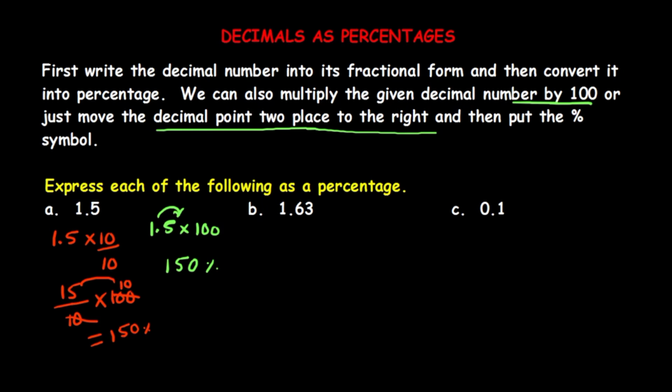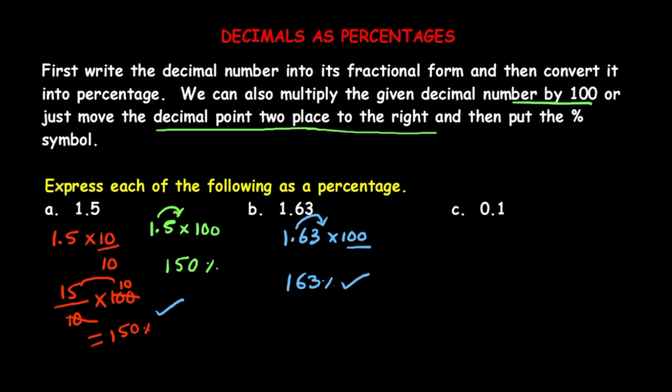Okay, so try to answer the next question in the same model, that is 1.63. Just 1.63 is the decimal to convert into percentage, multiply by 100. We have it 20. So take this decimal point after the 2 digit, that means 163% is the answer. So this is the direct model. This is one model, this is another model. So you can select any one model from this, right?